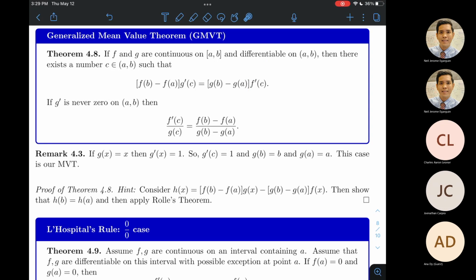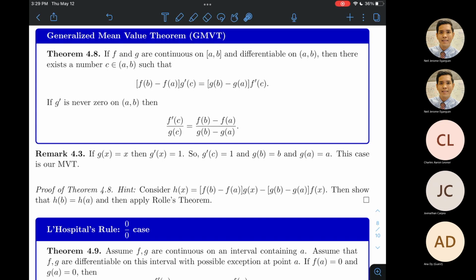So may relationship, yung pagbabago ng function values sa dalawang functions f and g sa isang interval AB. And that relationship is summarized by this equation over here. Now, if g prime is never 0, that means pwede tayong